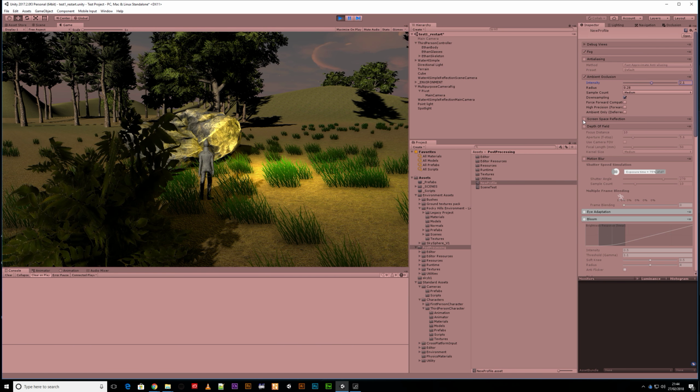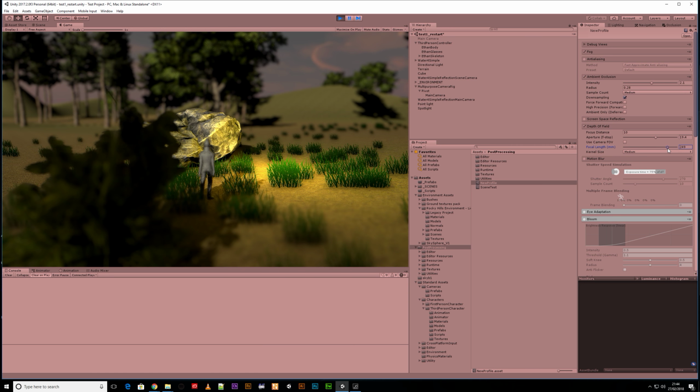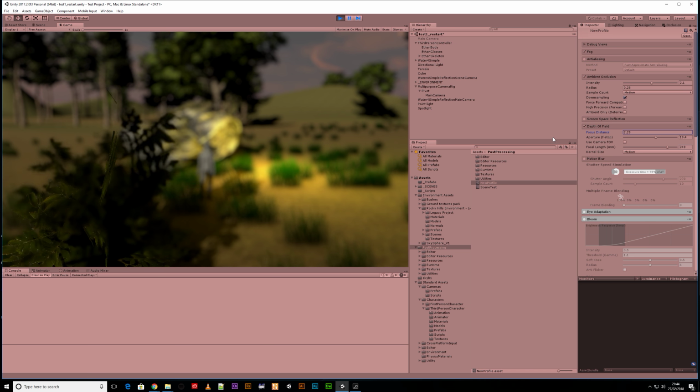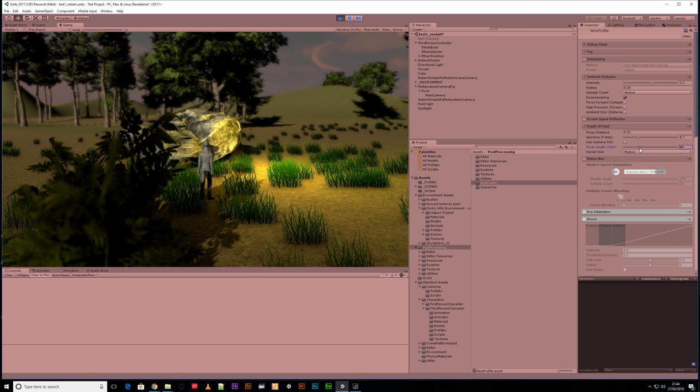It's worth using. Depth of field, super useful if you want something that looks a little bit more natural. So if I increase those beyond what you would naturally have, you can see I've got this kind of spot that's in focus, and I can move the focus distance so very close, and I'm just hitting the spot where my player kind of tends to be, and then I can kind of dial that back so it's not quite so